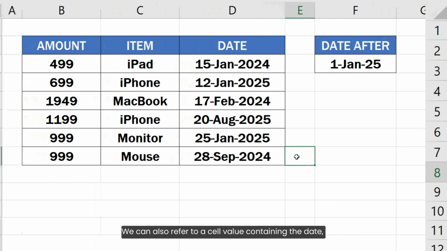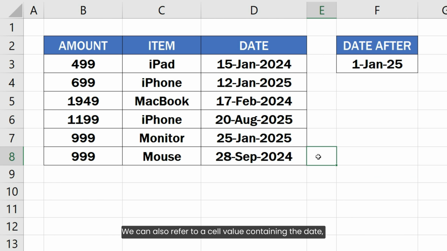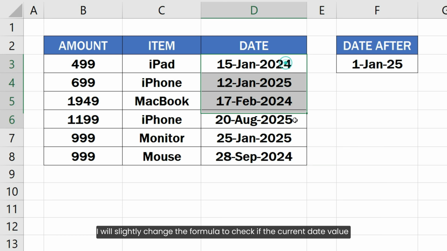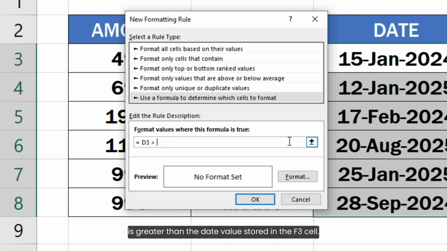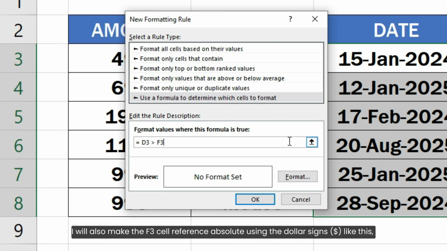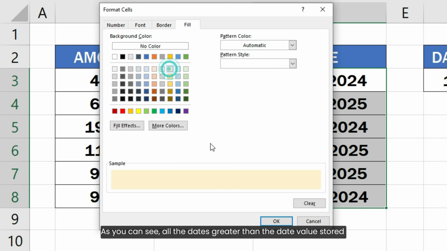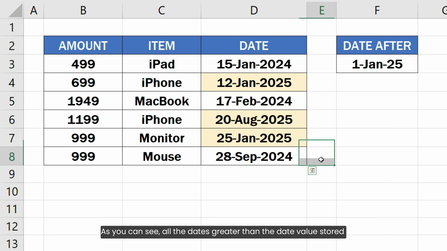We can also refer to a cell value containing the date instead of hard coding the date directly into the formula. For example, in this Excel sheet, I have the date stored in the F3 cell. I will slightly change the formula to check if the current date value is greater than the date value stored in the F3 cell. I will also make the F3 cell reference absolute using the dollar signs like this so that it does not change when Excel applies this formula to other cells. As you can see, all the dates greater than the date value stored in the F3 cell are now highlighted